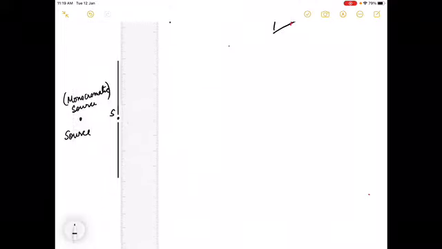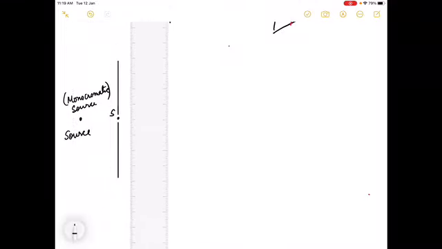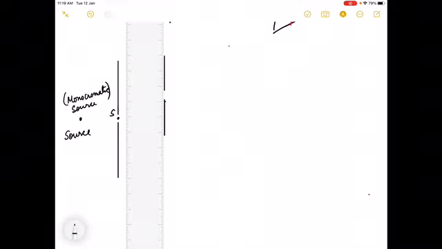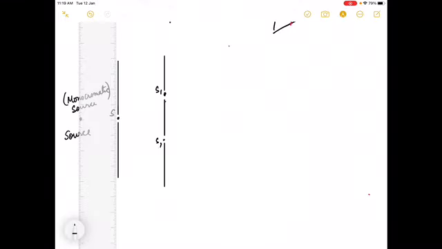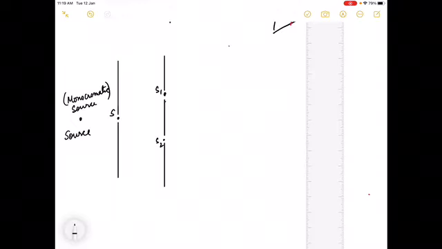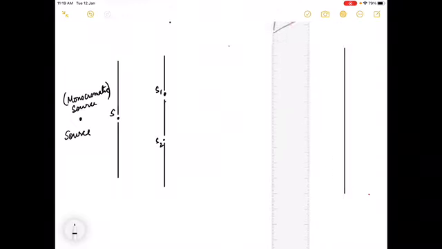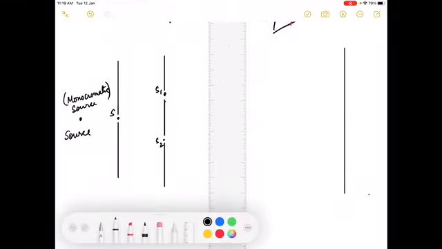All right, now what happened? Now the slit was something like this. This is the slit, this is your S1, this is your S2. And then the screen, let's say the screen is somewhere here. Okay, great, now the screen is also done. Now let's see what happened. Let's try to understand this phenomenon with the help of Huygens' wave theory.